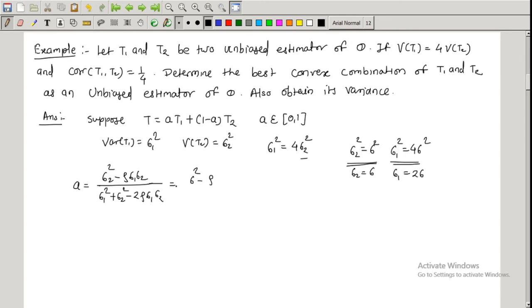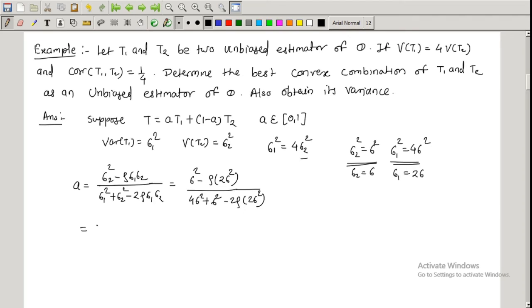So I replace sigma 1 by twice sigma, and sigma 2 by sigma, we get sigma square divided by sigma 1 square, which is 4 sigma square, plus sigma 2 square, which is sigma square, minus 2 times rho, and here sigma 1 is twice sigma into sigma, that is 2 sigma square,